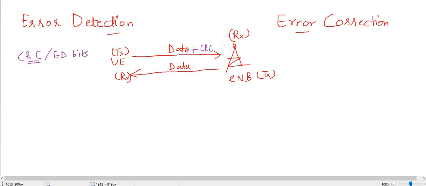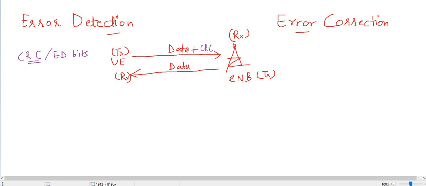If the receiver finds some issue with these CRC bits, suppose they have some error, in that case the receiver will find that the data it has received has an error. Now after detection the receiver will go for error correction.